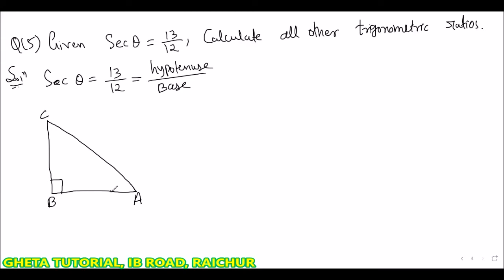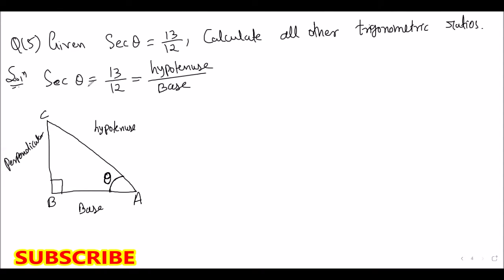So what we should do here, you should draw the arc like this, and there you have to write theta. That is considered angle A only. Angle A is theta. So the names of the sides are the same. This is called the hypotenuse. Opposite of theta is called the perpendicular. And the remaining side is called the base. Understood? Theta, wherever you want, you can take. If you want to take it here also, you can. But why am I not taking it? Because I want to draw all the figures the same. For all the questions, if you draw the same figure, then there will be no confusion. That is why I am putting this theta at A only.